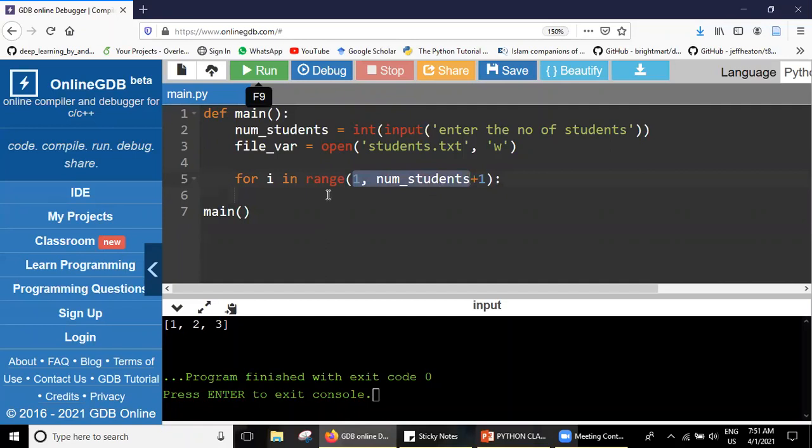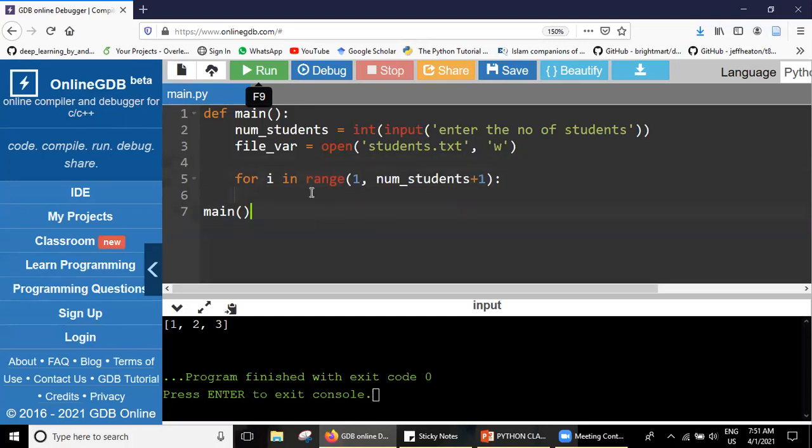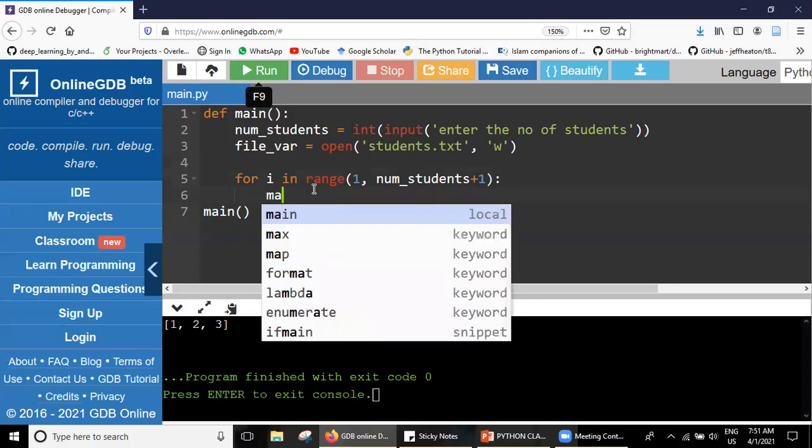Then what I have told you is that we have to store the marks in the file. But where are the marks? Did we take the marks? No, we haven't taken the marks. So what we can do is take the marks of each student using a for loop. Okay, let me take the marks of each student in the for loop.